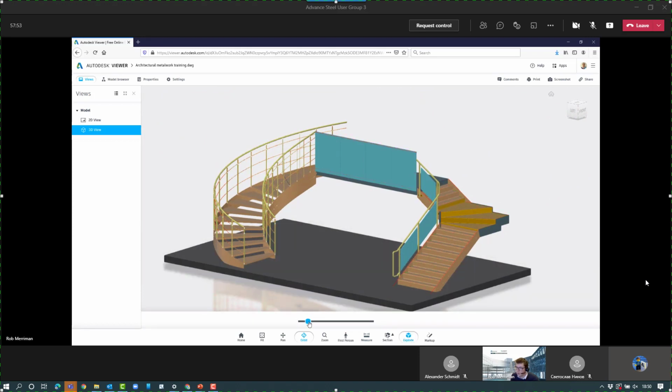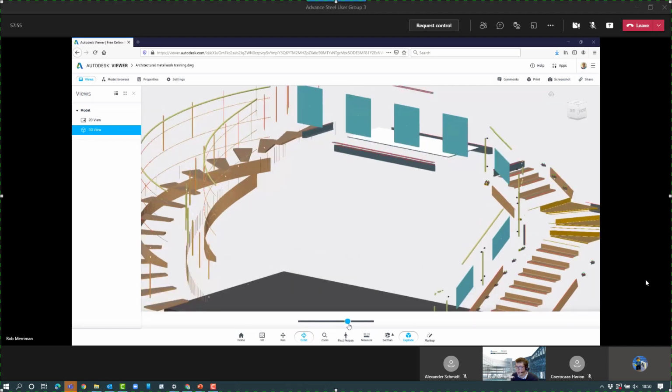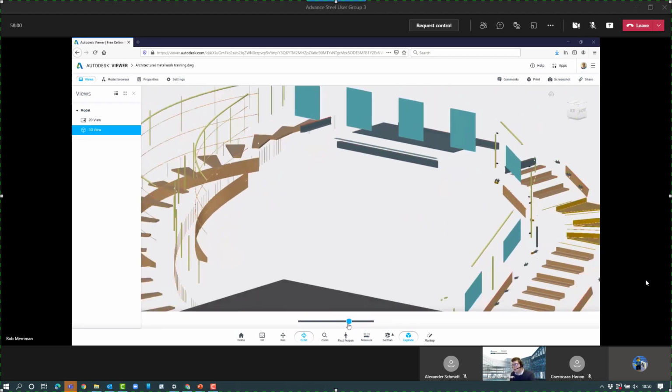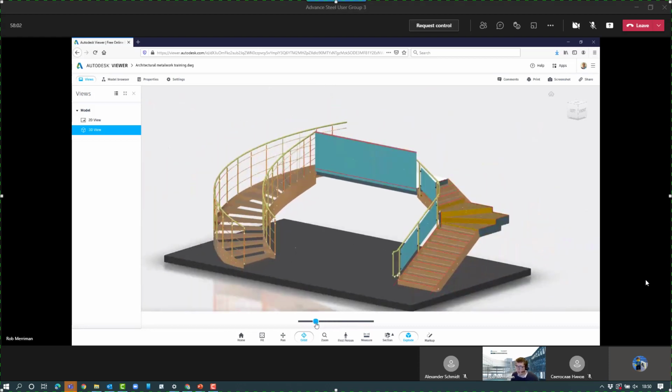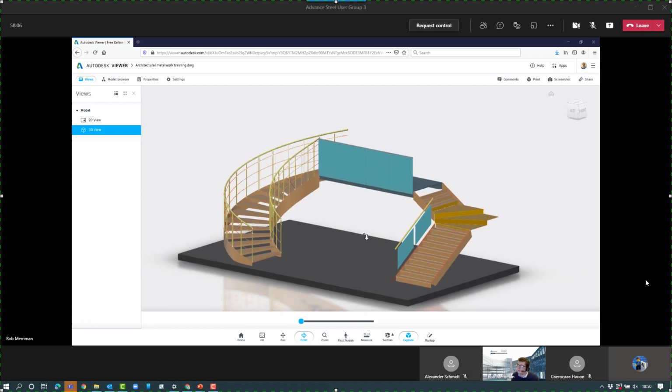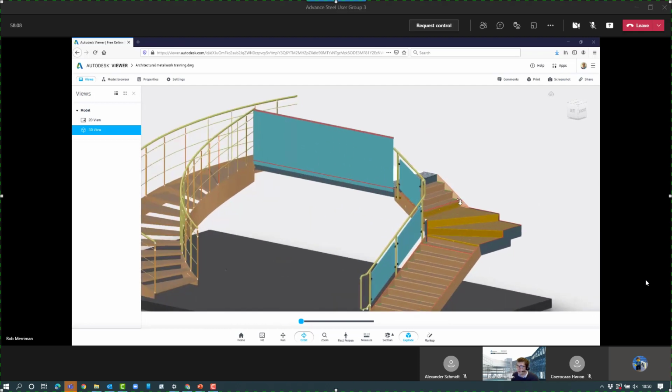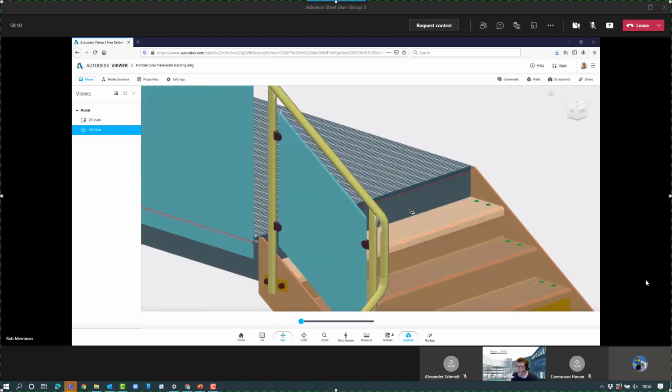We can explode the model. It's a little bit gimmicky, but that will actually explode the model for you, so you can see its component parts. And then this is where it does start to get quite cool. If someone isn't happy with something in here,